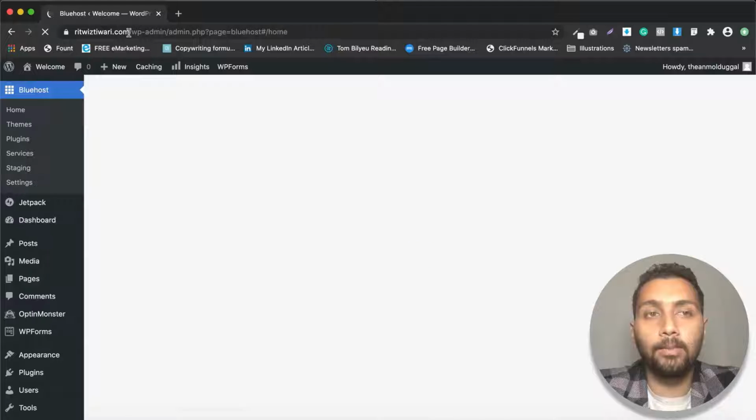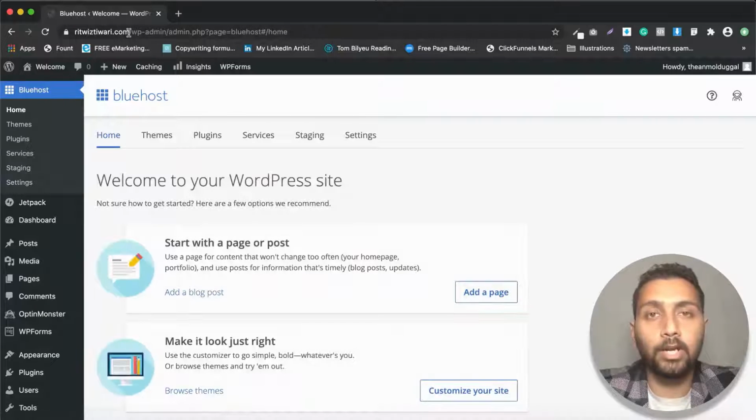is being used, right? So this is what I told you about in the previous video, that the URL bar was not visible, so there was no proof. But now you can see that when I log into my website from inside of the Bluehost panel, it actually opens up the ritvijtiwari.com domain name. All right, and this is not the temporary domain name which was there earlier, because I verified my email ID, and then it was all hunky-dory and good, right?